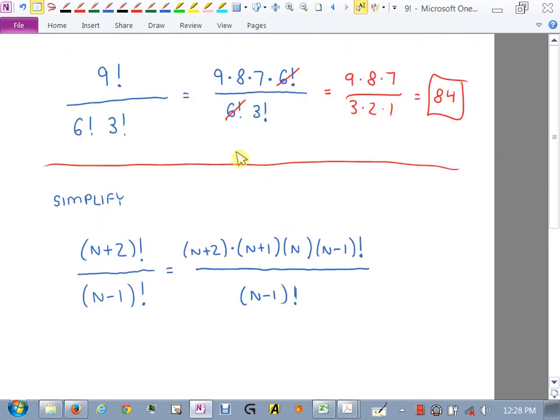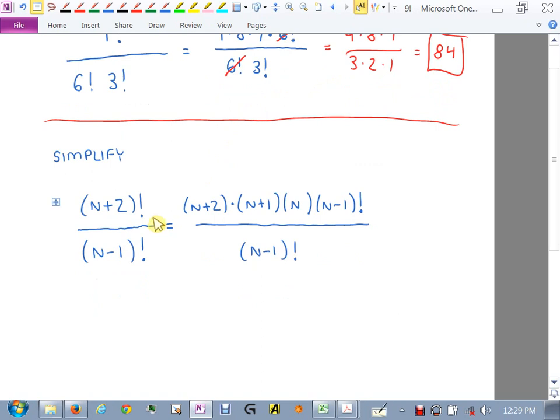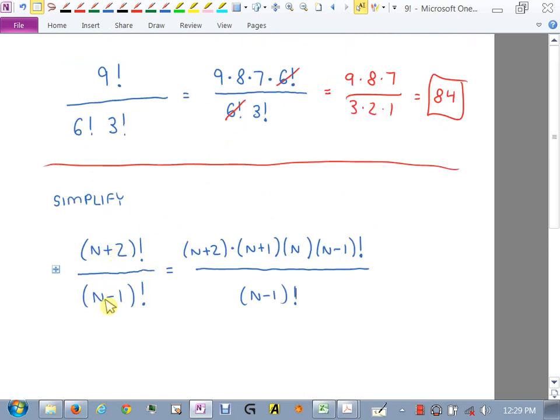You see how we did this just a second ago? Why did we stop at 6 here? Because it would cancel down here, right? I peeled off a 9, then an 8, then a 7, then the rest of it. The rest of it, I didn't write out because it was going to cancel with all this down here. I just did the exact same thing here. I had something on top that was bigger than the bottom, right? This was like the 9 and the 6. So I first wrote out the 9, then the 8, then the 7, and then what? This is like the 6 factorial, which cancels with this one. So when these cancel,